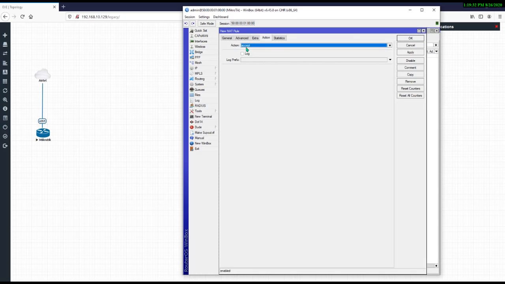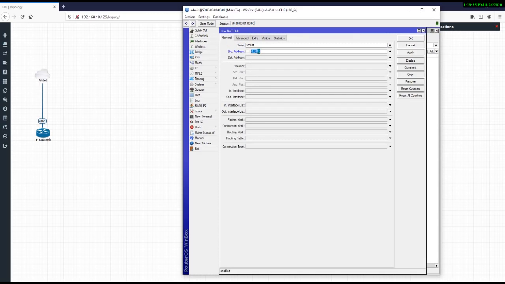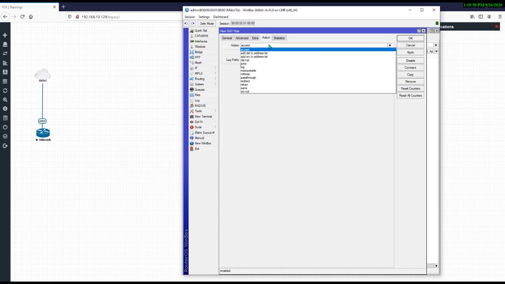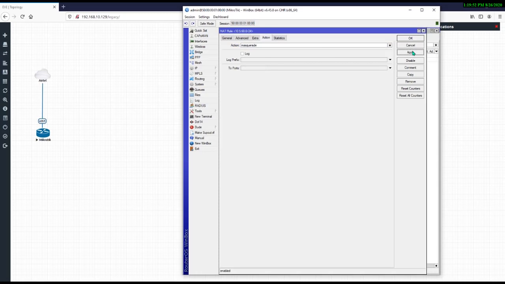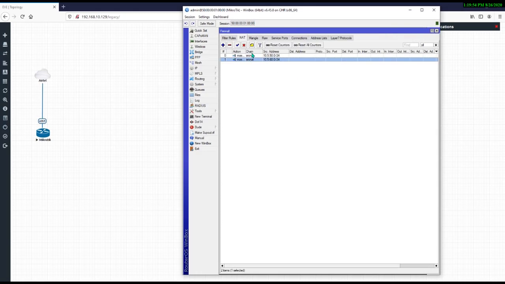Just click on add, and in general here you have to select the srcnat chain option, and here you have to give the network /24, in action masquerade. Okay, apply and OK. So these are the two masquerade rules here. With the help of these, both networks are able to go to the internet.